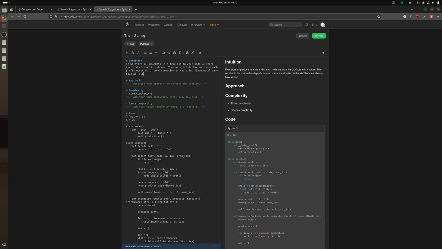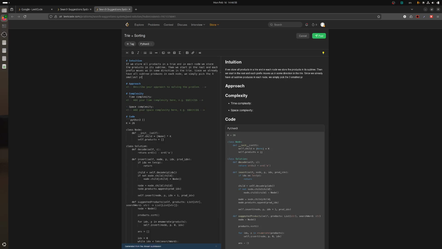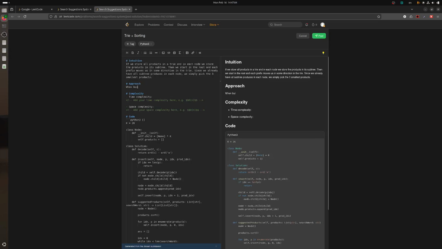All subtree products in each node, we simply pick the first 3 approach. When building the trie,